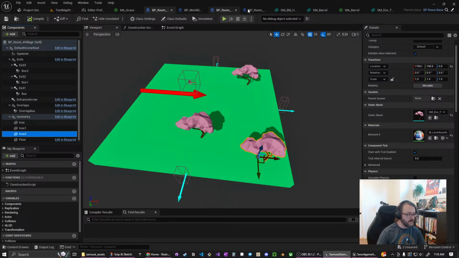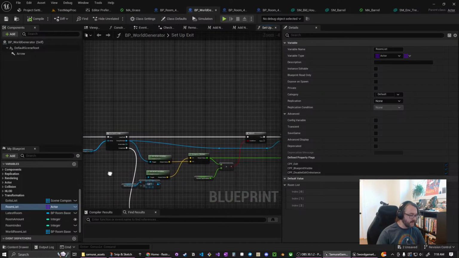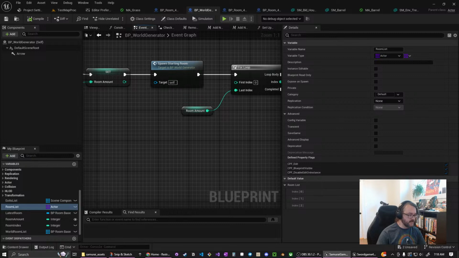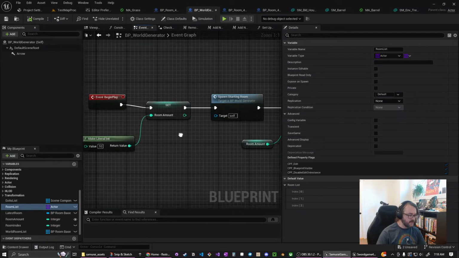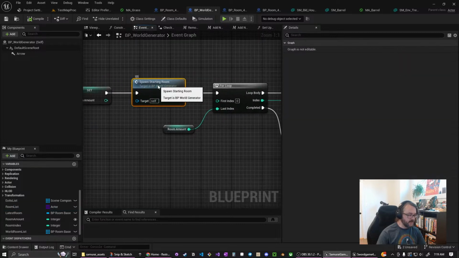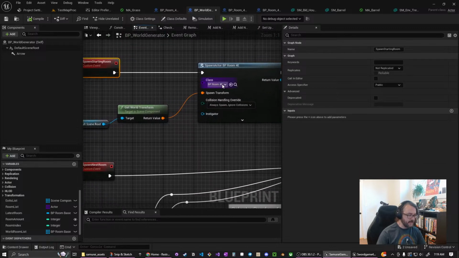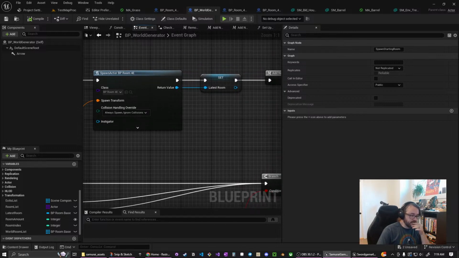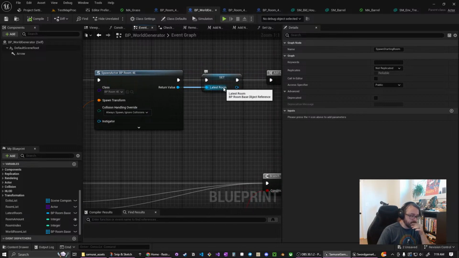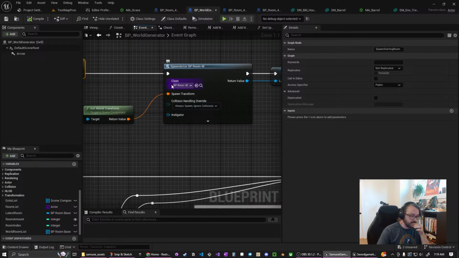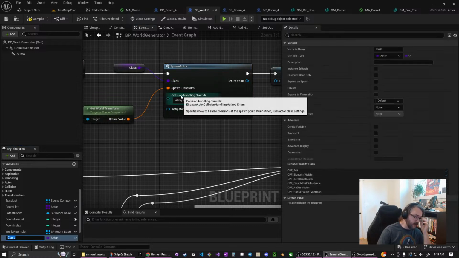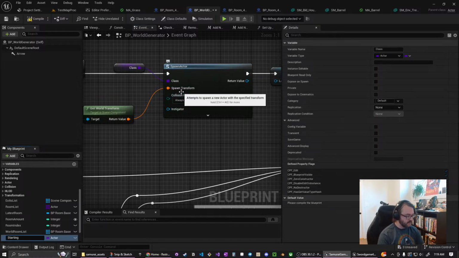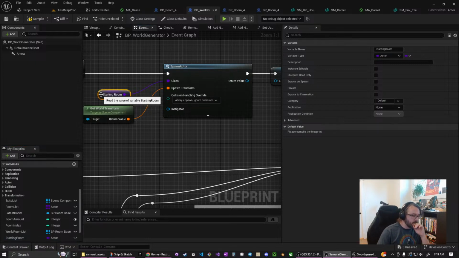And then the other thing I want to do is with my world generator, let's go into the starting room here. It's the culprit. It just is doing this. So I kind of want to just make this a variable and just call it starting room. And then